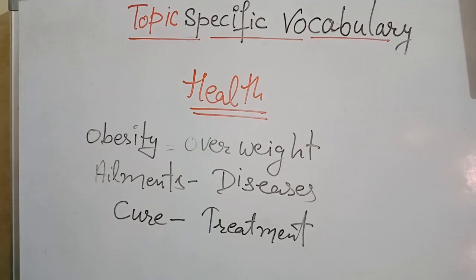is cure or treatment. Cure is also a verb and as well as a noun, and treatment is noun. We need to take medicines to cure our diseases or ailments. In order to get proper treatment, we should visit doctors. Treatment of every disease is necessary, otherwise diseases become chronic. So next word is